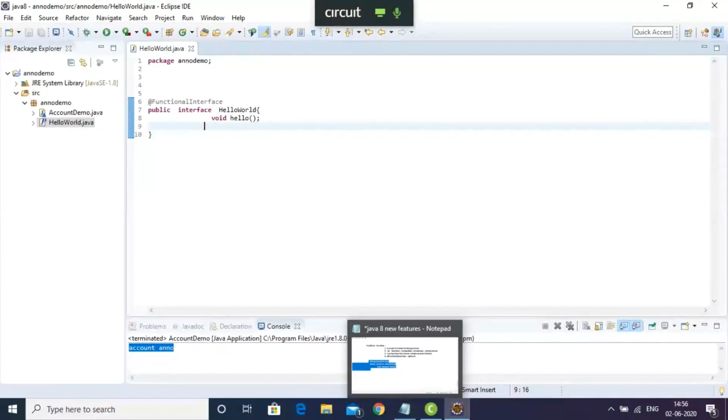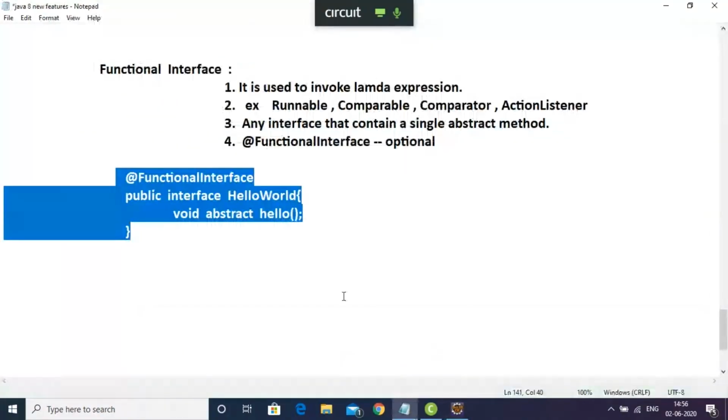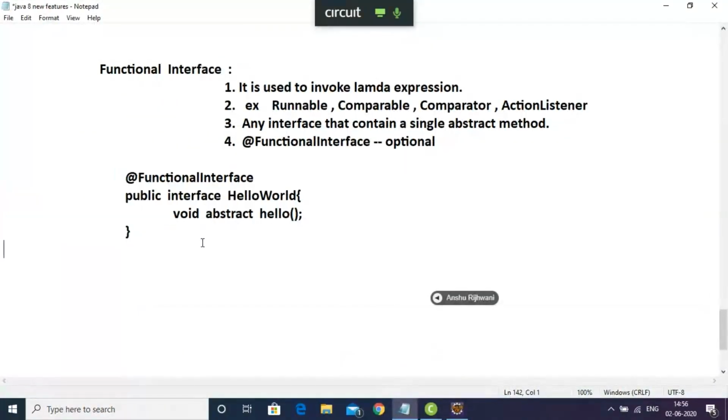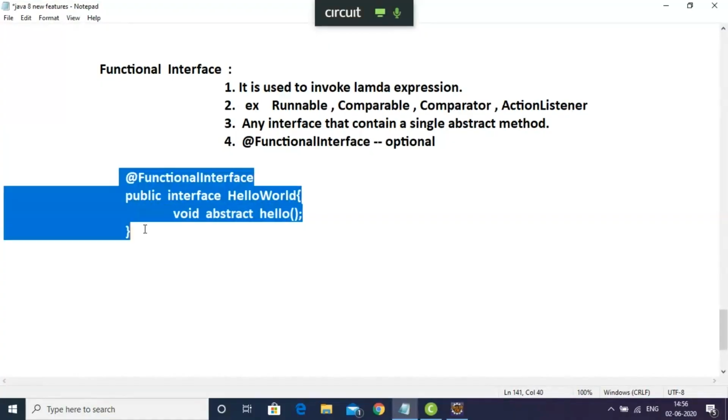Yeah, fine. Now this is what I'm talking about. I'm just going to define this functional interface concept. Now this functional interface is user defined. Yes, I have created only this HelloWorld functional interface just now. It is user defined. Fine. Now